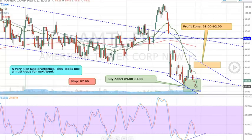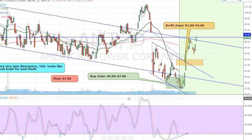So this went into this pattern as a lane divergence setup, more than a 1-2-3 pattern. And you can see the explosive move out of this. I mean, this ended up turning back up. It ended up being a perfect